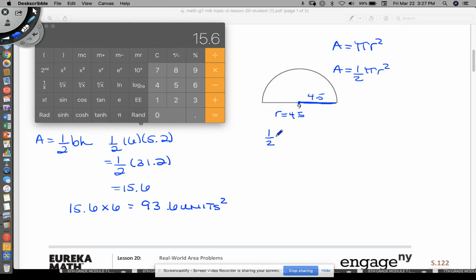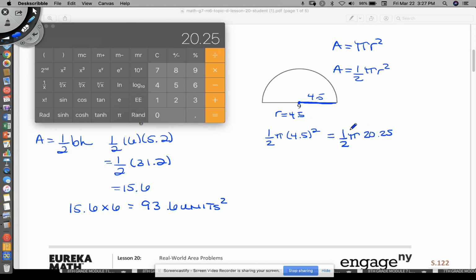So I'm going to say half, and I'm going to keep pi as a symbol for right now, times 4.5 squared. All right, now if you're on a calculator, especially on an Apple phone, then you can turn it sideways and get the scientific calculator. So instead of doing 4.5 times 4.5 manually, you can hit this little button over here that's x squared, and it'll do it for you, just to show you some extra features on your phone. So now we have half pi